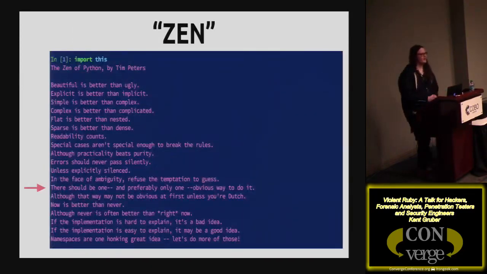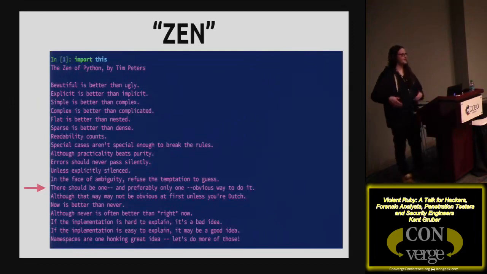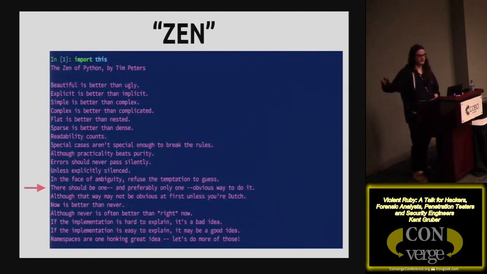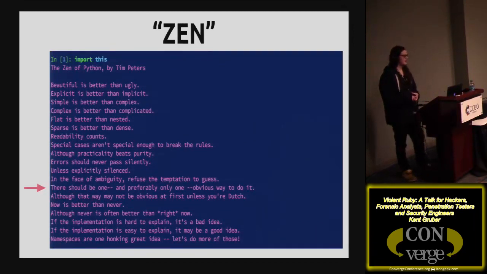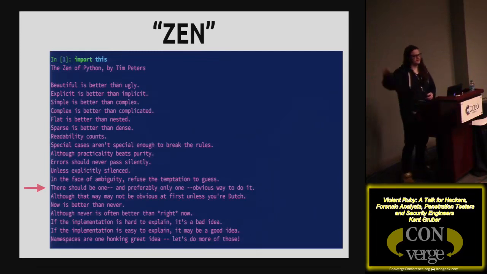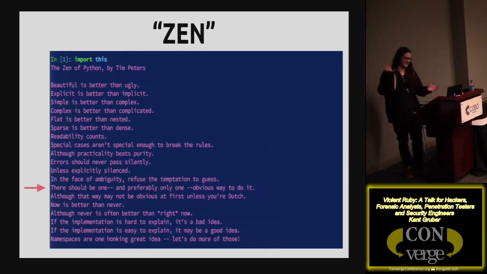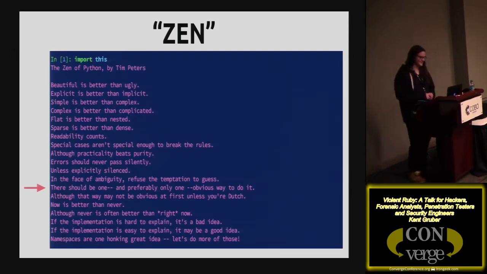Especially when we're talking about something like the Zen of Python. You probably know this: import this is the Easter egg in Python, a little poem of philosophies that go along with that language. Some of them I honestly don't know 100% what they mean, but one I think is interesting is: there should be one, and preferably only one, obvious